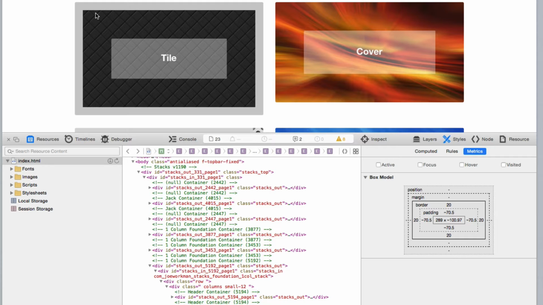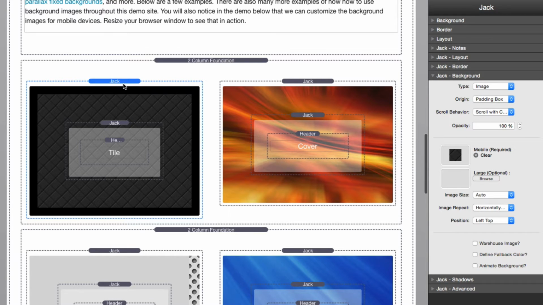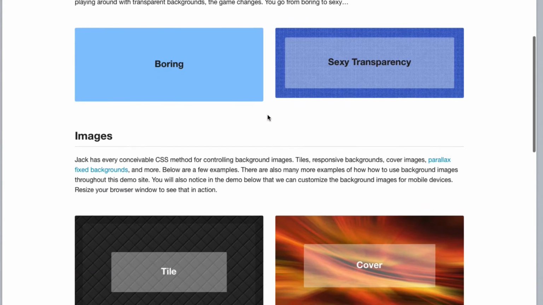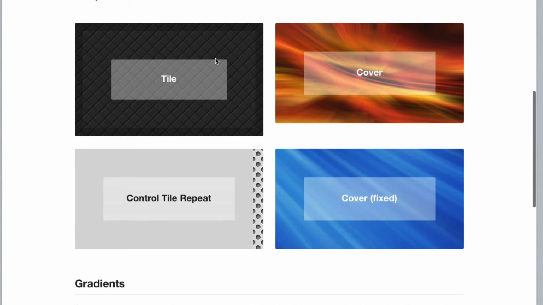Let's go ahead and change this to be border box. So inside my stack, I'm going to say origin of border box. And if we preview our page again, we'll notice here that the stack looks vastly different because the background has extended to the edge of the border, which the background is now bleeding through because I've added 20% opacity to the border, purely so that we can